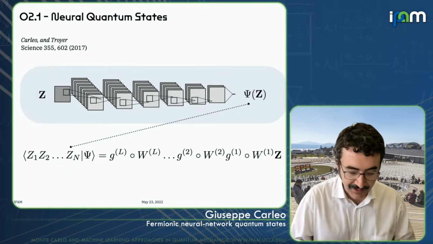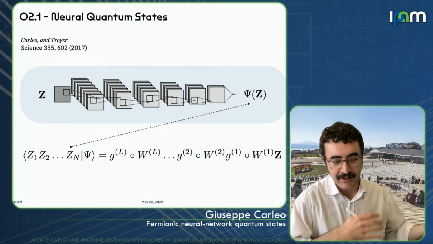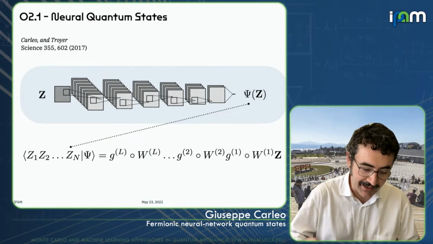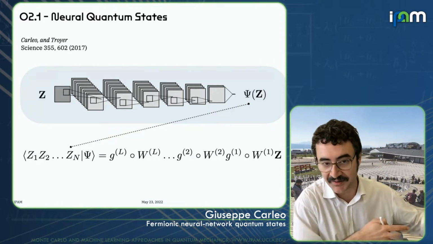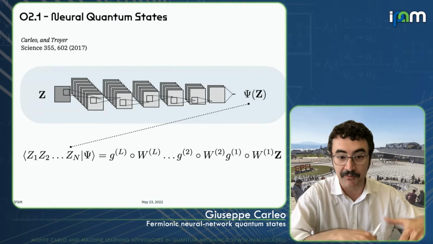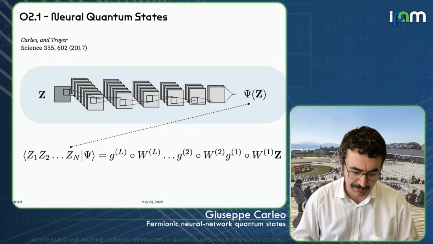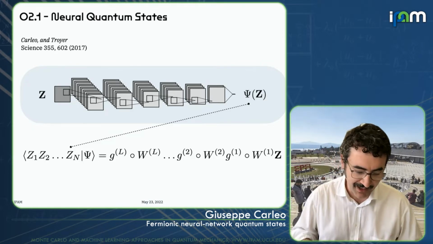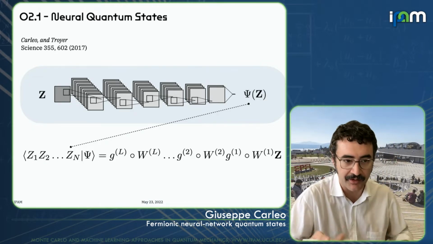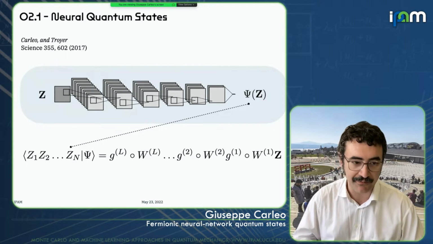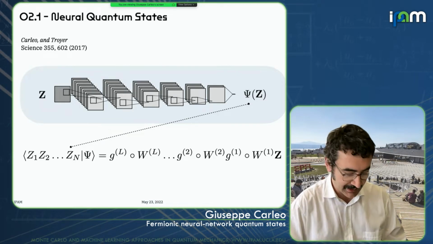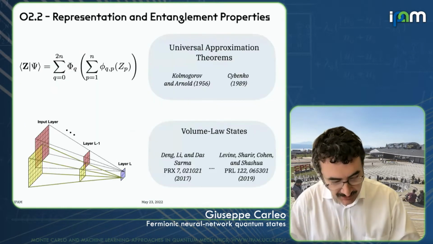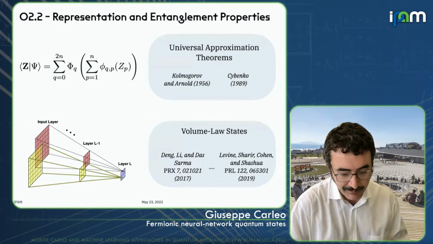So a deep neural network in this case. You've seen a lot of those already in the previous talks, so I will not go too much into the details. But the idea is that here we are not parameterizing, crucially, for example, force fields, as you've seen in other applications, but we are parameterizing wave functions. Right? So we are parameterizing wave function amplitudes, and this can depend on any quantum number that you have, for example spin projections or positions of your electrons.